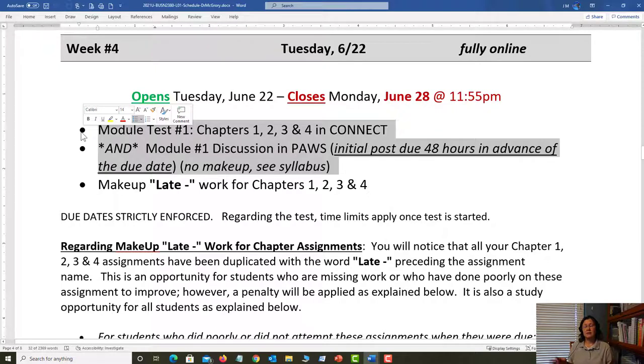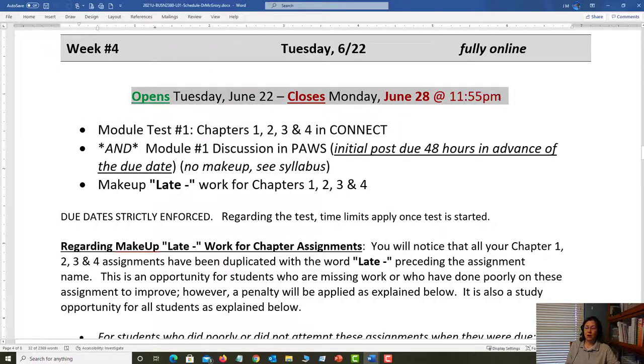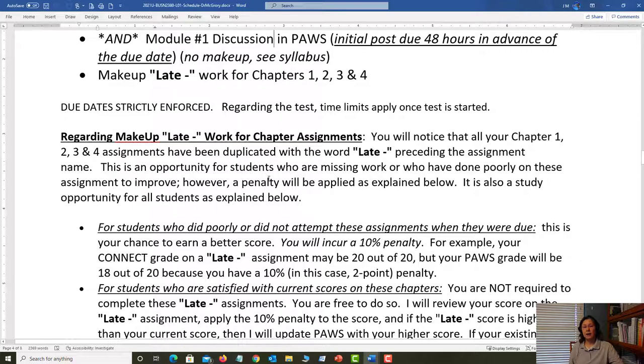But let's say that in those first 3 weeks of class, you hit a bump in the road. You started late, something went wrong, you had a family emergency, you had work overload, something happened. Whatever that was, you missed some of your assignments. Now, if you missed all 4 assignments for all 4 chapters, woo, I feel for you, because you're going to have your work cut out for you. Because during this exact same time frame where you're working on a 100-point test and a 30-point discussion, I will also allow you to do makeup work.